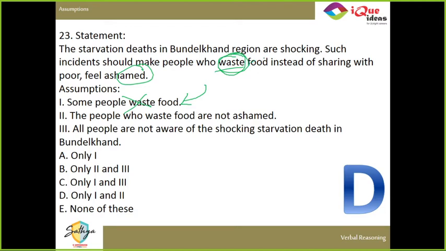Kushi, did you understand? If people waste food, only then he will talk about them being ashamed. If he doesn't assume that people waste food, then he will not talk about them being ashamed. That means he is assuming that people waste food. Correct? Got that? Okay. Chalo. I hope everybody is following me, right? Slowly and steadily, we do more examples. You will start understanding how we identify the assumptions.